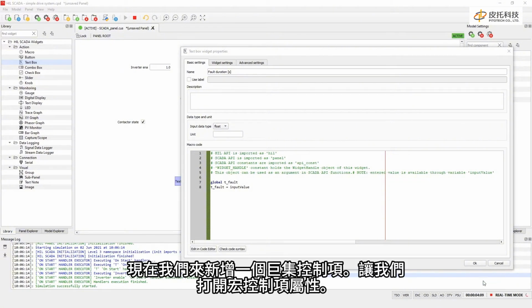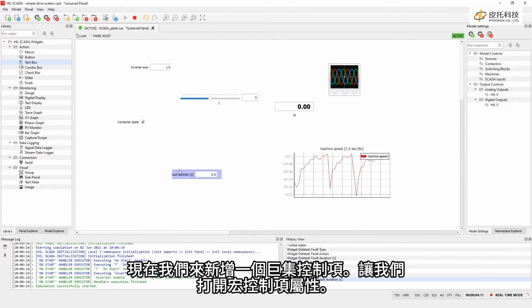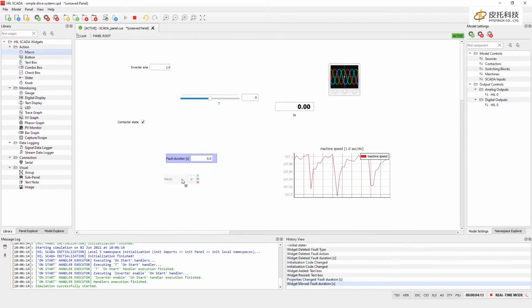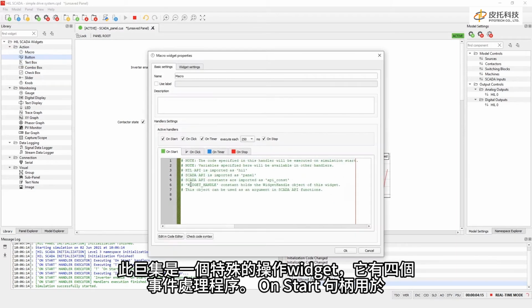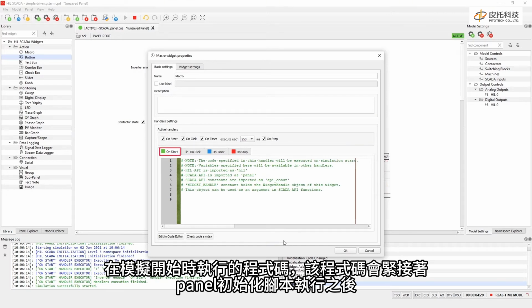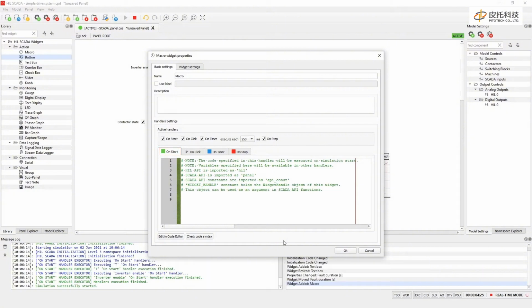Now let's add a macro widget. Let's open the macro widget properties. The macro is a special action widget that has 4 event handlers. The onStart handle is for code that will be executed at simulation start, just after the panel initialization script is executed. The onClick handle is for code that will be executed on a button click in a similar way to